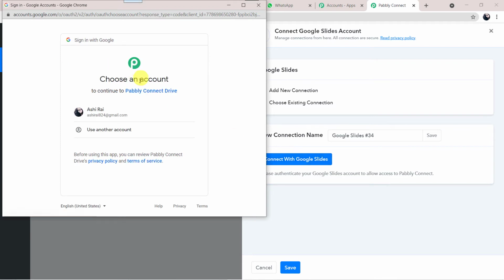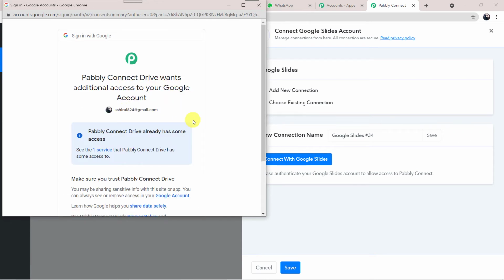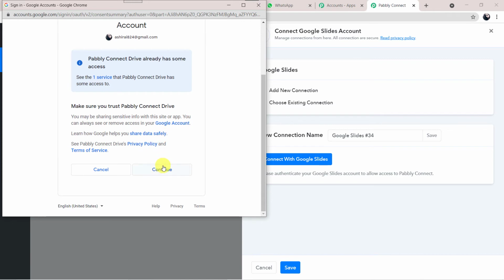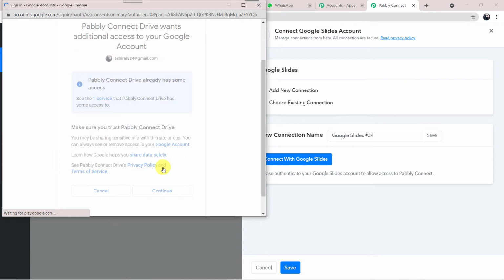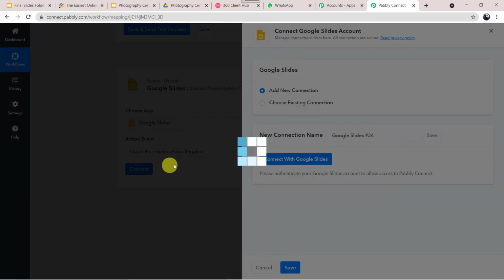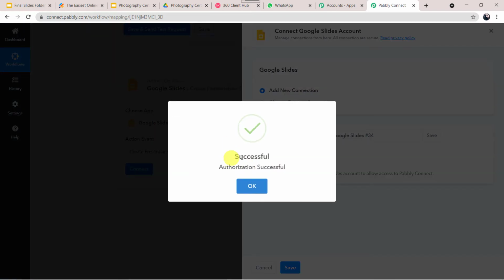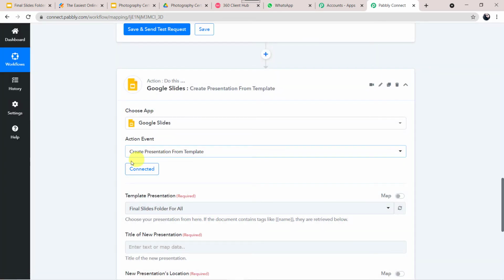We choose the account in which we want to create the Google Slides. Here it is asking for access. I'll click on continue and give the access, as data is 100% safe with Pabbly Connect. Now authorization is successful, and we can see that Google Slides is connected to Pabbly Connect.